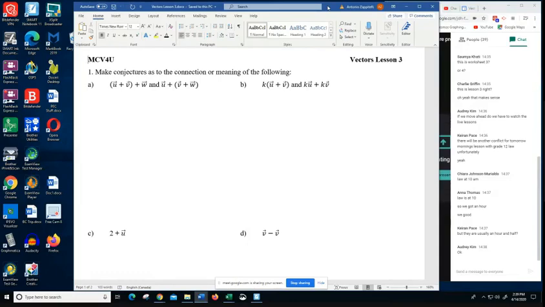So we're starting to see that the way in which we've defined vectors leads them to have very similar properties to the real number system and how we work algebraically with numbers. All right, so what we want to do is see what other types of characteristics they have. So if you take a look at what, and I'm going to give you some time to think about these,